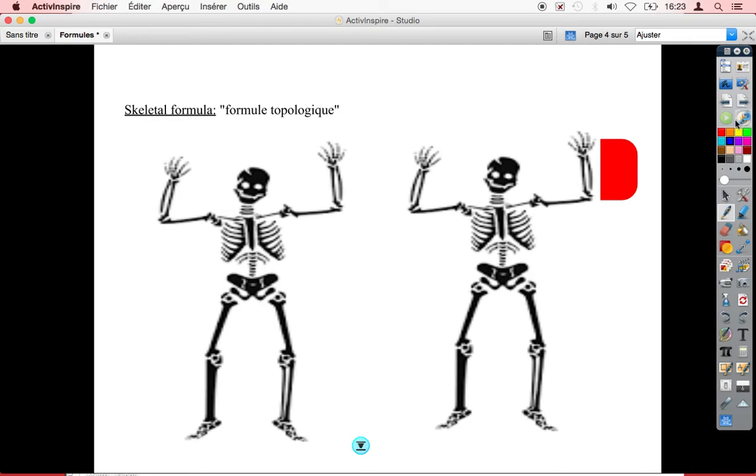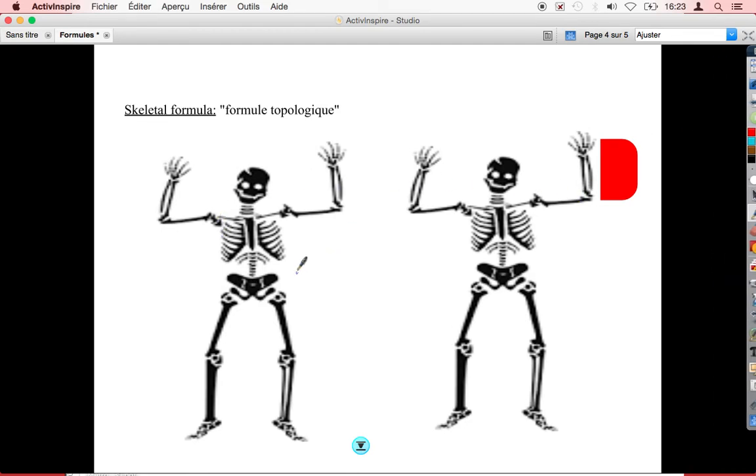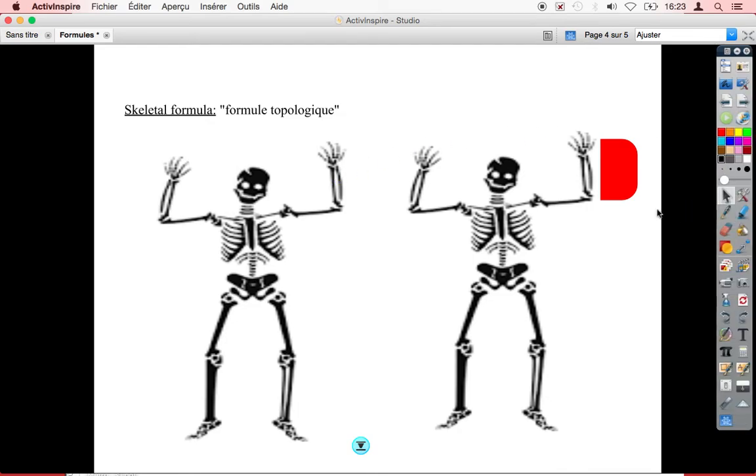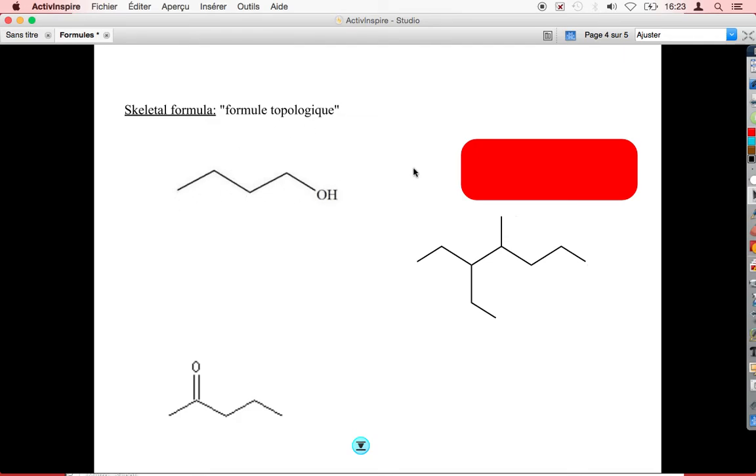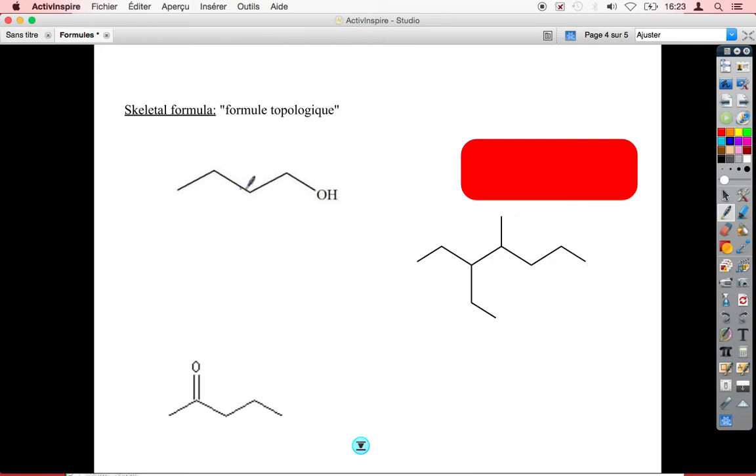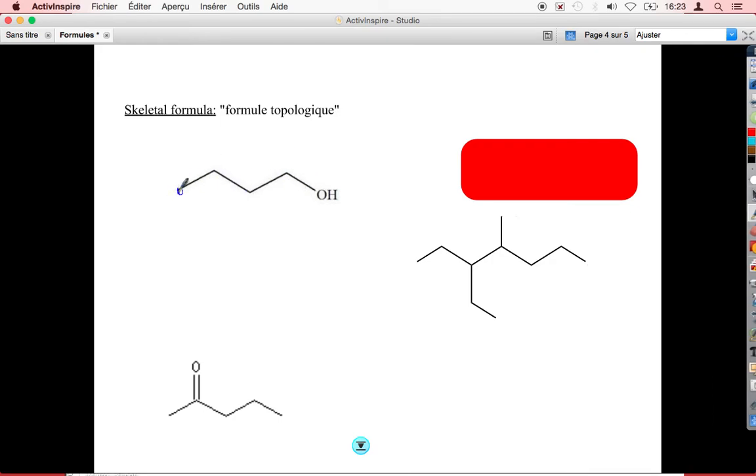Next one is the skeletal formula. You have the picture of a skeleton because it's just about the global shape of the molecule, meaning that you have this kind of diagram. As you can see, you have 1, 2, 3, 4 lines, so 4 carbons, because one line means you have C, plus hydrogens. So there you have CH3, CH2, CH2, CH2, and